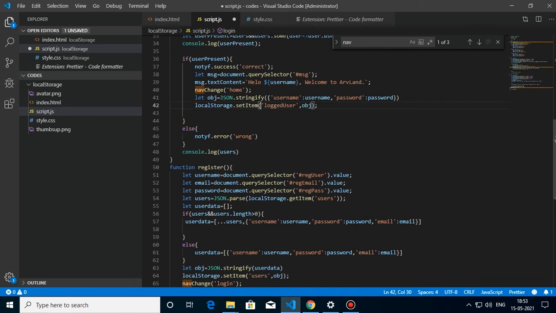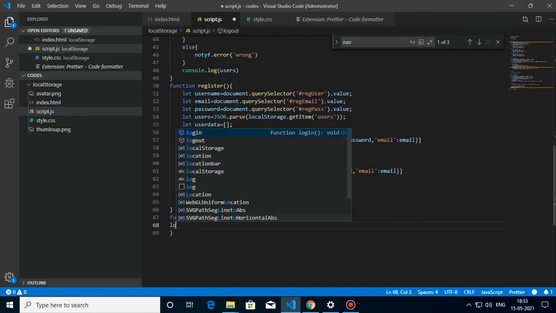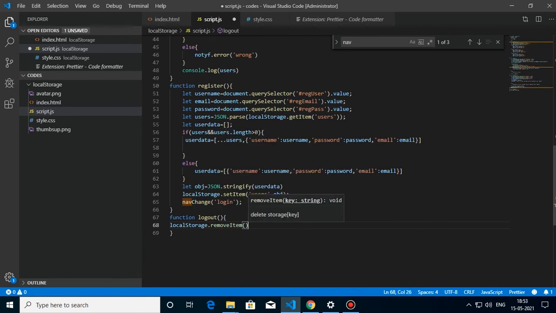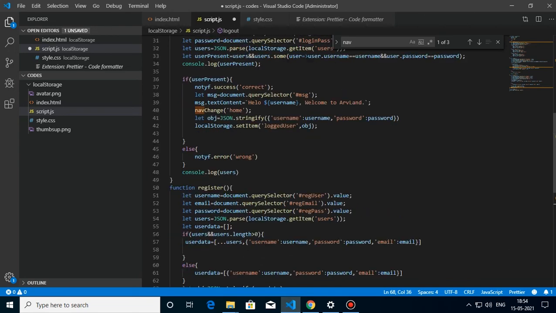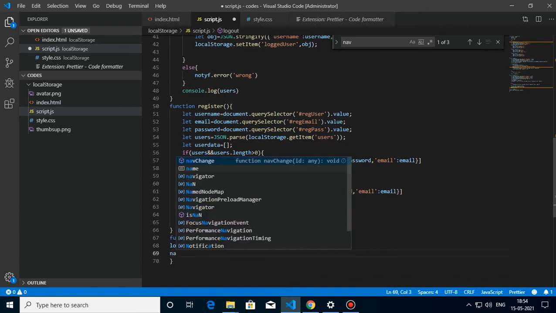Because we don't want the user to be logged in, so we will be doing that. Local storage dot remove item. Remove item will take a key name. If you put the mouse right here, you can see remove item of key. So which key should we remove? It is logged user. And what else should we do? We should navigate, nav change to login.